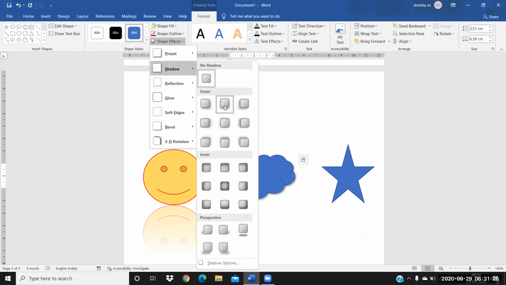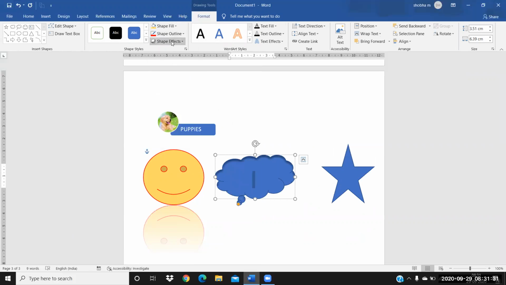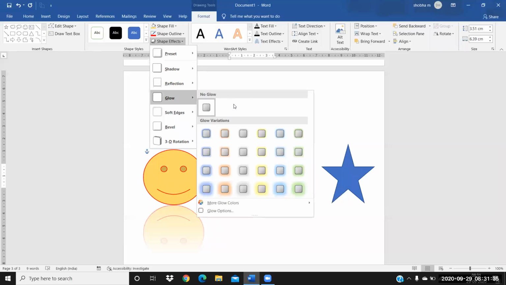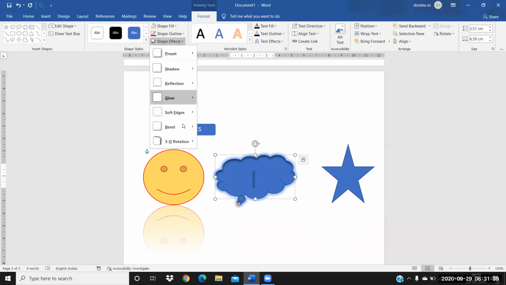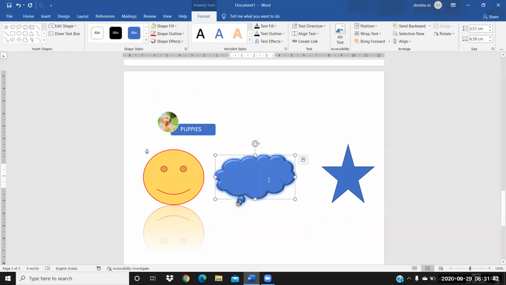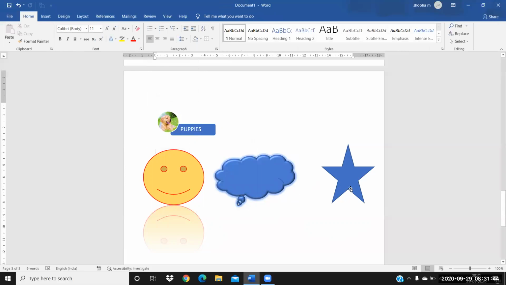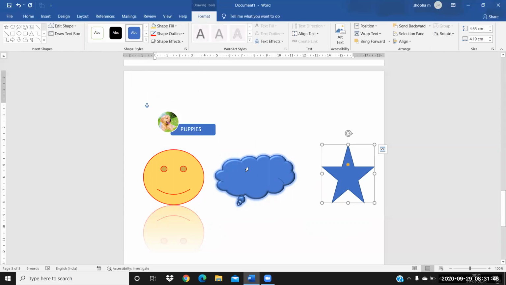I'm giving shadows, as well as soft edges. I'm taking glow here, any type of glow you can select. You can select bevel options also, any type of bevel. In the same way you can do it for other things.